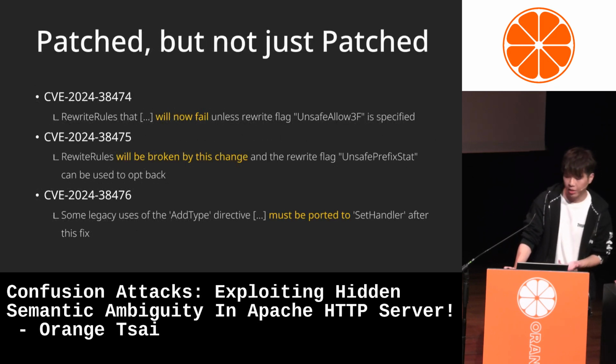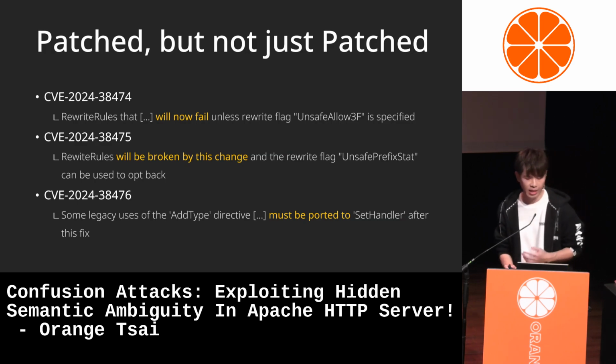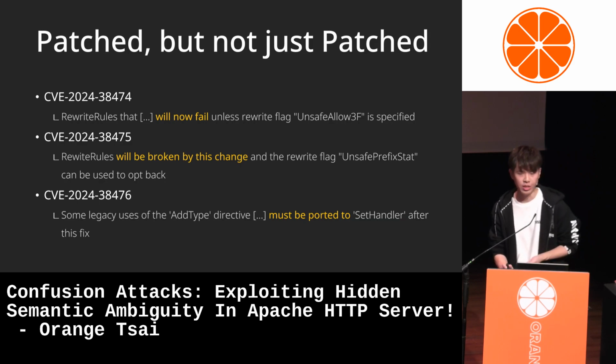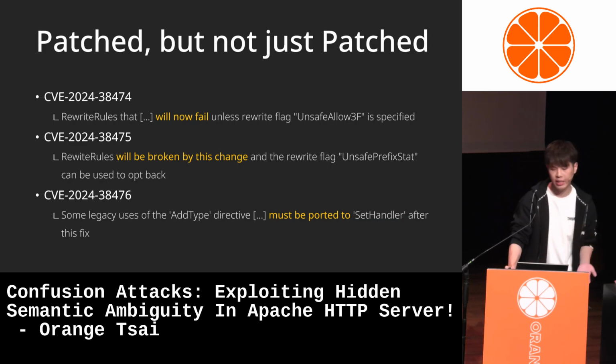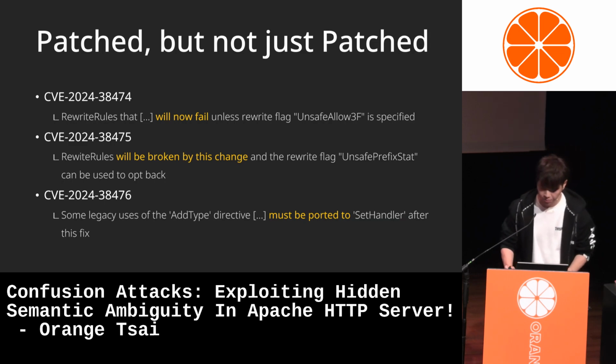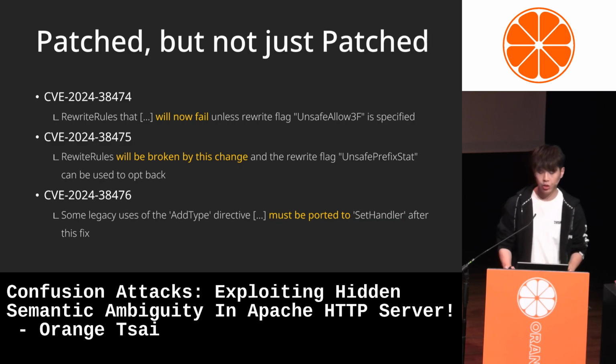Additionally, because these vulnerabilities are based on legacy architectural issues, most of the patches are not backward compatible. So updating Apache to the latest version might break old configurations. Therefore, for many production servers, simply applying the update to the latest version is not a good idea.